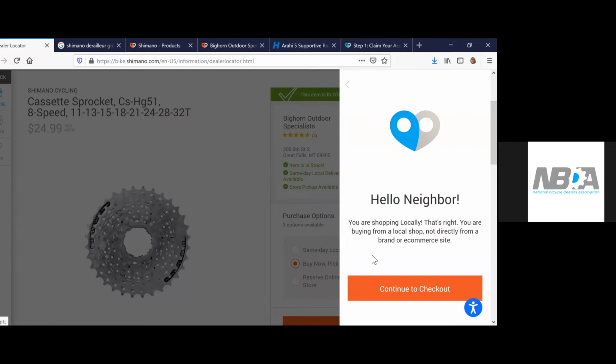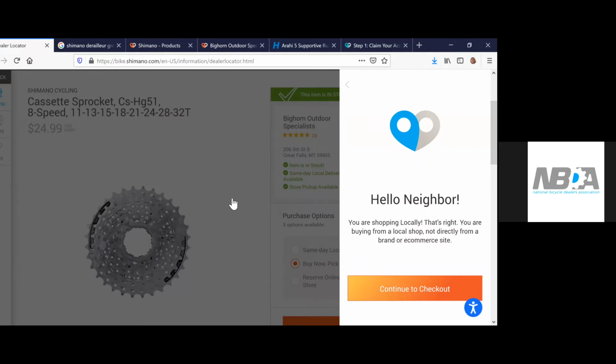So if I were to jump into continue here, you can see, continue to checkout. In this case, each retailer has claimed their own profile and connected. They're collecting transactions, and with that, you have your own account with Stripe. You get paid directly through Stripe as though the shopper were right there in your store. So you just get paid directly to your own account. If I were to continue to check out from here, it's just going to open up a Stripe page.